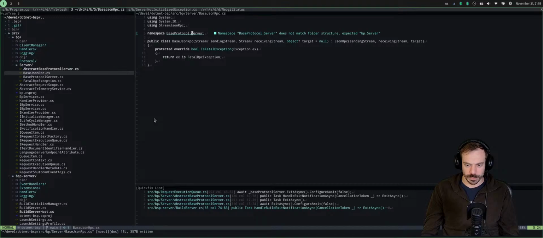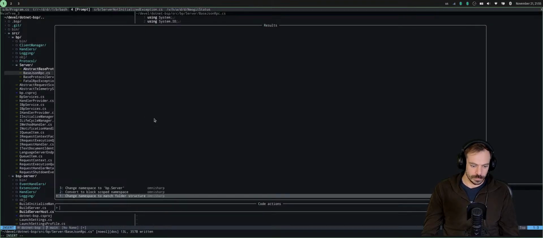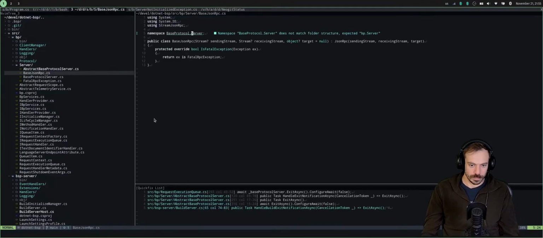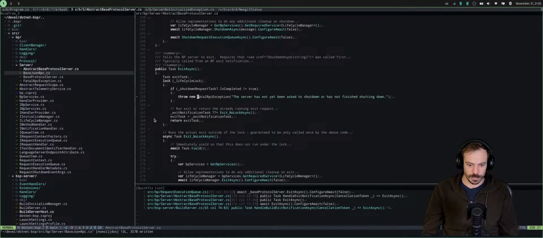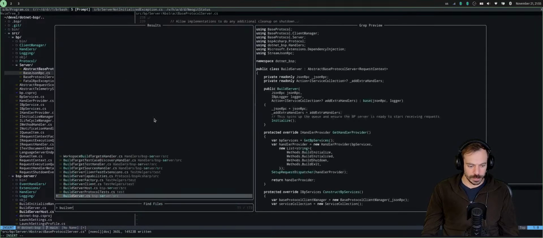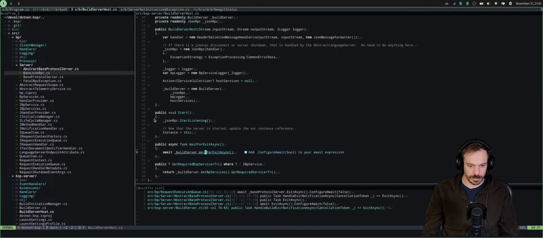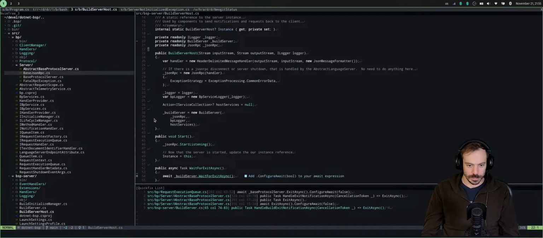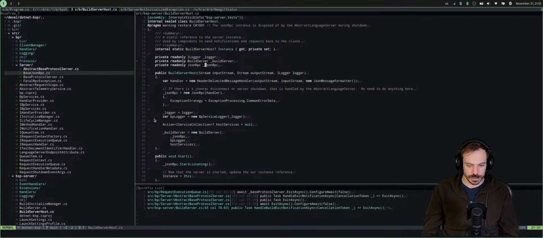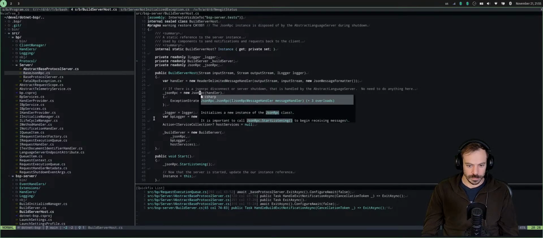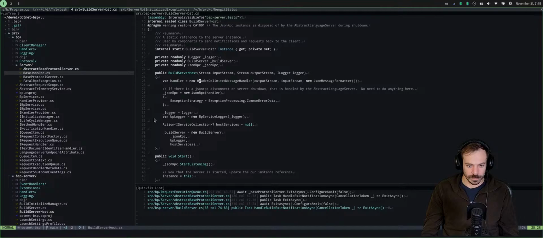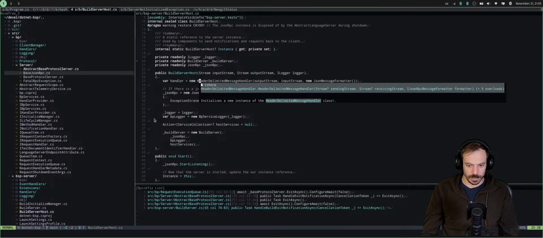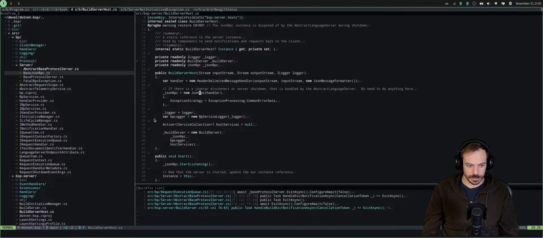Base protocol structure. Yeah, that's fine. And now on the build server host, that's in the JSON-RPC. Okay, with a message handler, so I have to change.